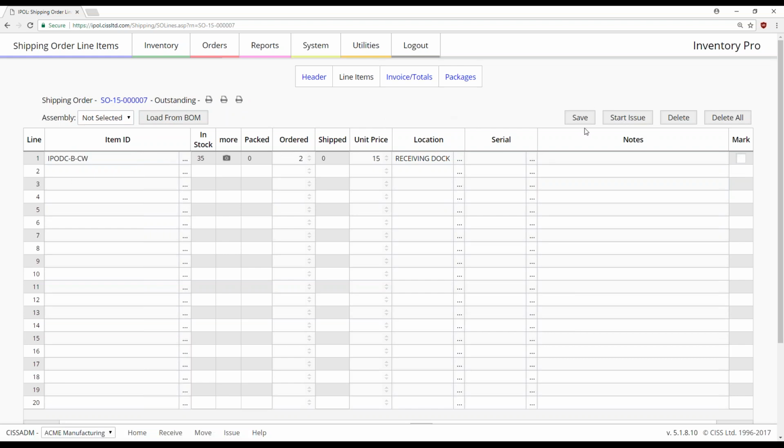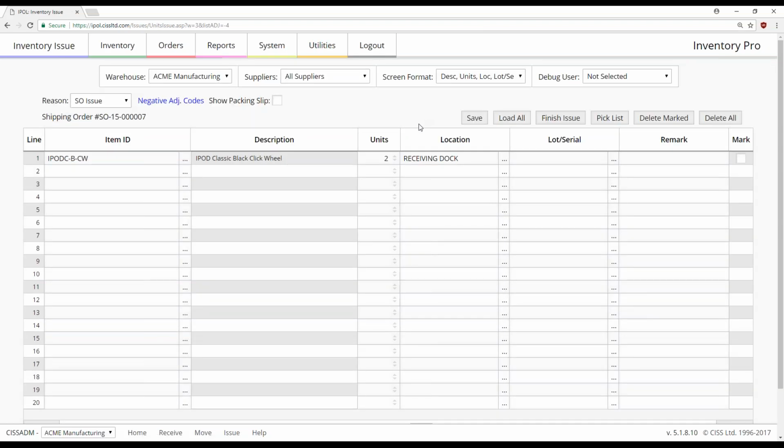And this looks fine. So at this point, actually I should hit save first just to make sure. And so at this point, we can start the issue process. And basically, once the order is ready to be sent out, you can issue it from the system. And it works very similarly to the issue stock transaction we did earlier. But now you'll notice we have the shipping order reference here, and it's automatically selected the shipping order reason code for us. And it will associate this transaction back to the shipping order so that the stock value is associated